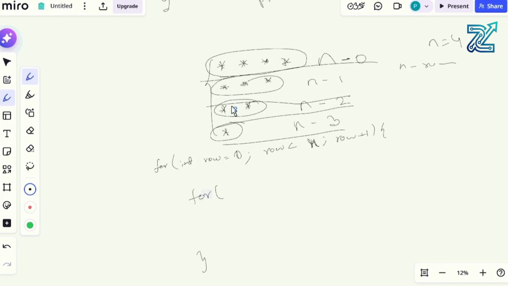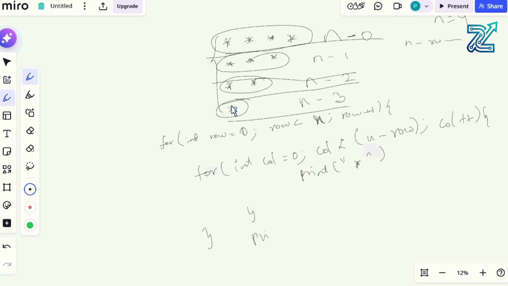For that, int column equals 0, column less than n minus row. After that, column plus plus. So if I print star again, after that I am printing the next line here. So it will go to the next line. Okay,